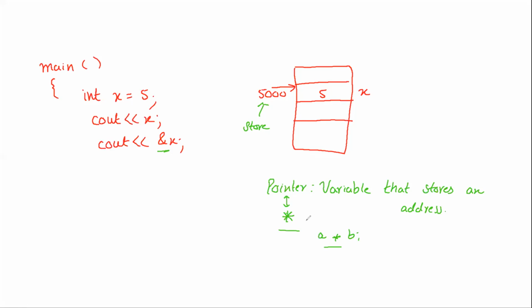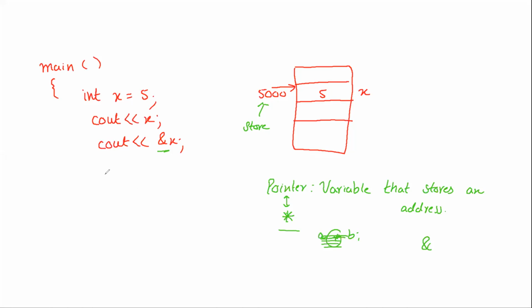I just gave you an example that this symbol you also use for multiplication, but the same symbol you use for pointer. How do we use it? We have not seen yet, I'll tell you. But the first thing you should be convinced of is that one symbol can have different meanings. You just saw different meanings of this symbol. Now we'll see how this symbol behaves. So let's forget about multiplication and come back here.